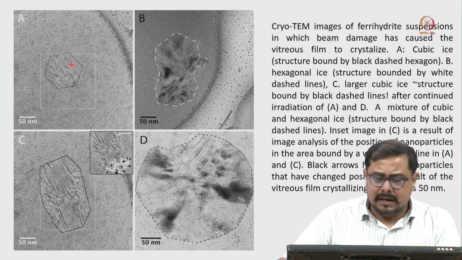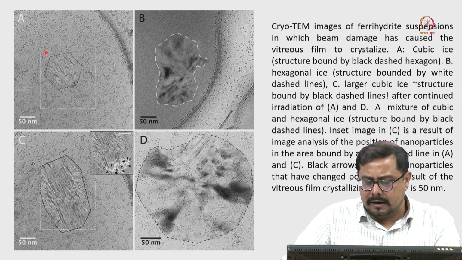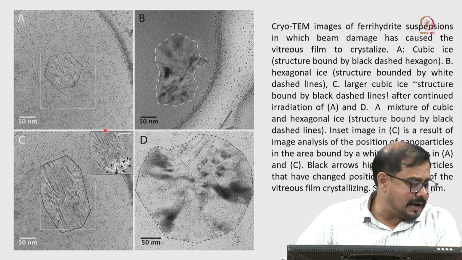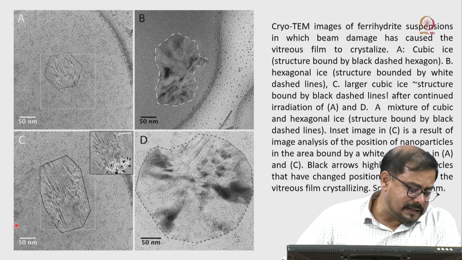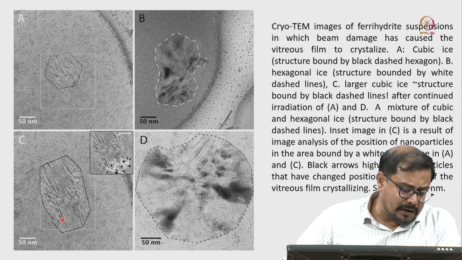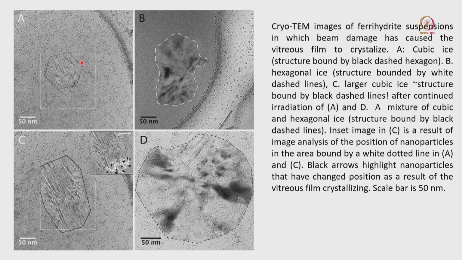This is taken from a paper where they demonstrated very well how crystalline ice should look. So here you can see there is a pattern, some uneven pattern, and you can see some uneven pattern also here, some uneven or black patches. Here there is an uneven pattern, and some very thick black ice is deposited. So these are the different kinds of crystalline ice which are deposited in different positions of the grid.